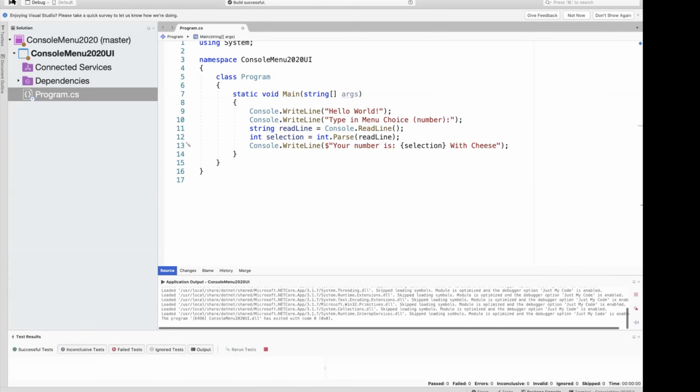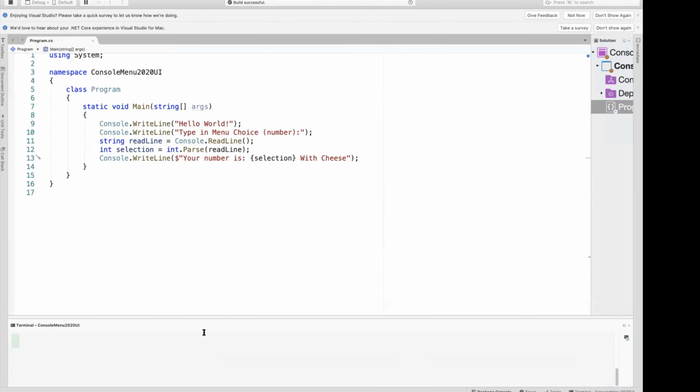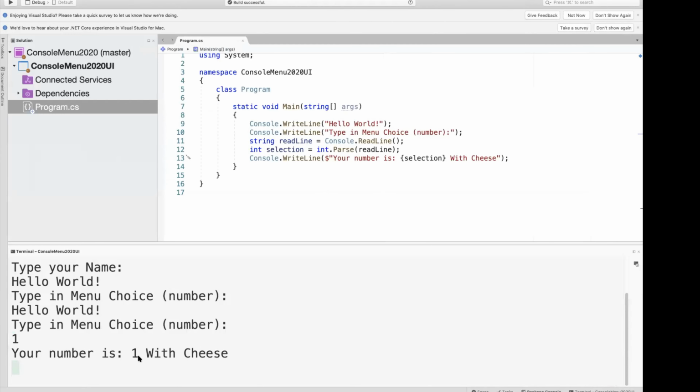And I have to restart the application. Your number is 1 with cheese. And still, it's annoying. Notice that I have to restart the application every time. So what could the next step be? Well, the next step could be,